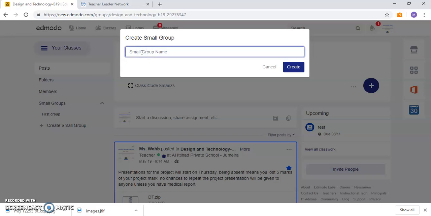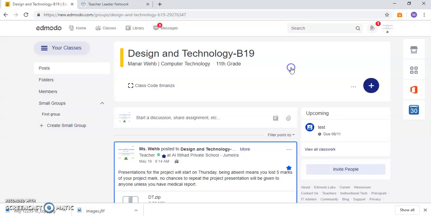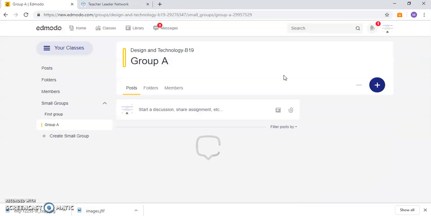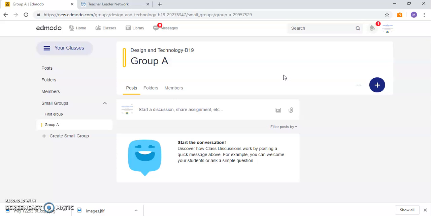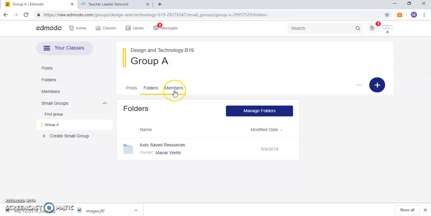For example, the first small group I'm going to create, I will call them, let's say, group A. Okay, then I click on create. I give it a name that is related to my goal from creating that group. So group A, I can share with them specific posts, which is only for that group, folders, and I can